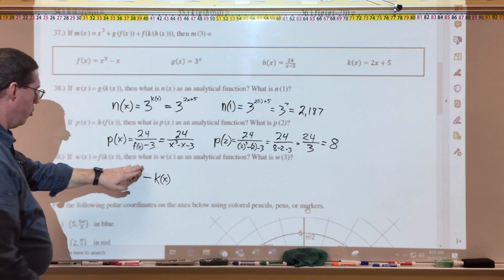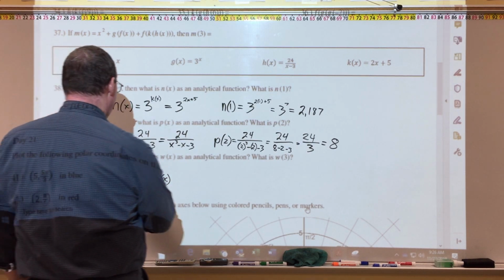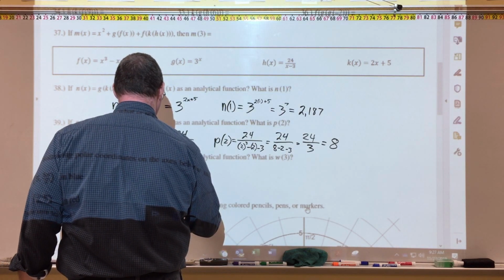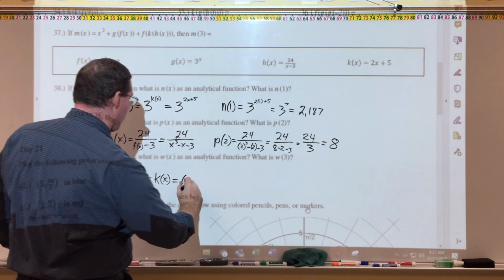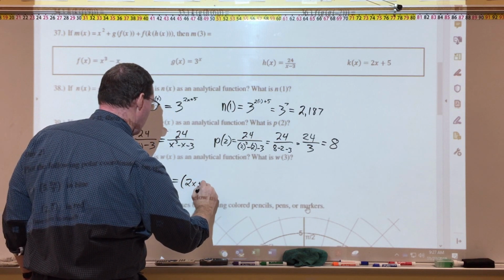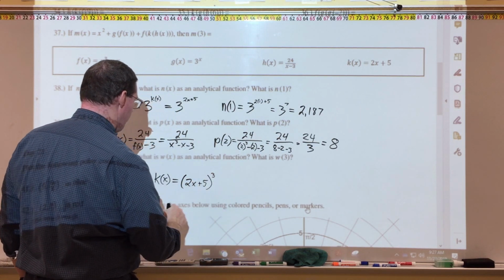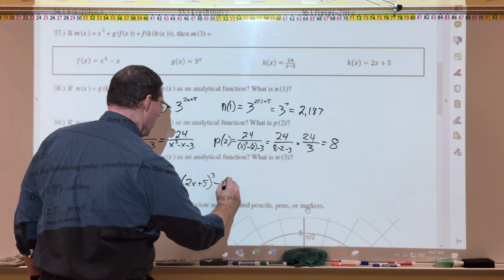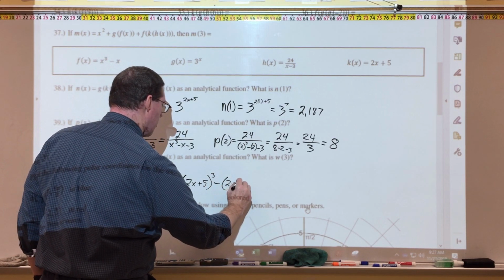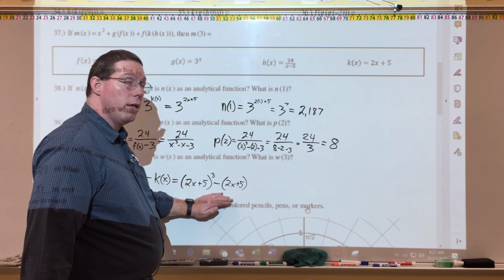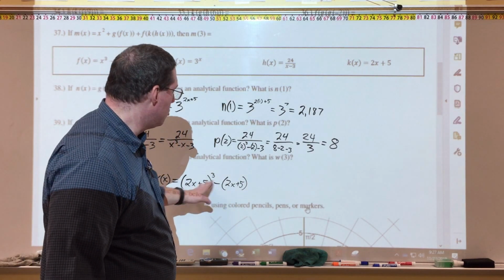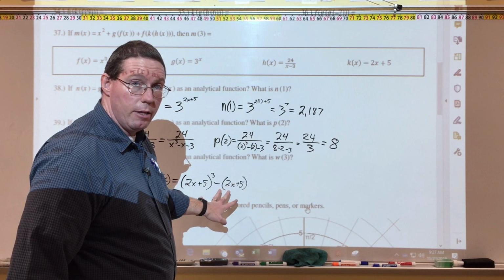So k of x cubed minus k of x. K of x is 2x plus 5. So now in parentheses, I'm going to put 2x plus 5 cubed minus 2x plus 5. Now, here's the thing. This could be the final answer, but if I ask you to expand this polynomial into